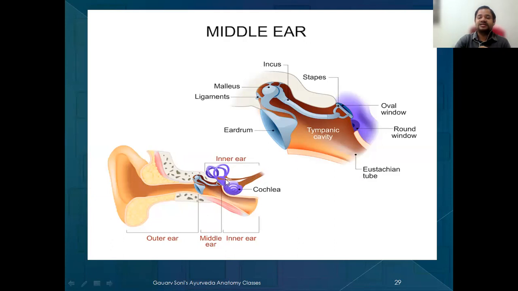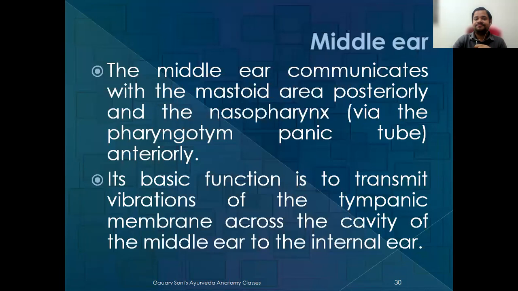So this middle ear can be understood easily if you correlate it with a box having 6 boundaries, or you can understand it by taking a matchbox having 6 boundaries. So first of all, you have to think about a room or a box, then only can we talk about the boundaries of it. So what are the things to remember in boundaries? First of all, how the boundaries are made, what the relations are, and if there is some specific bulging or foramen, then what the contents are.